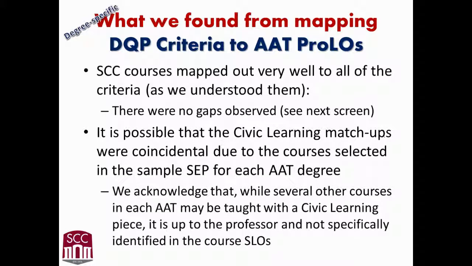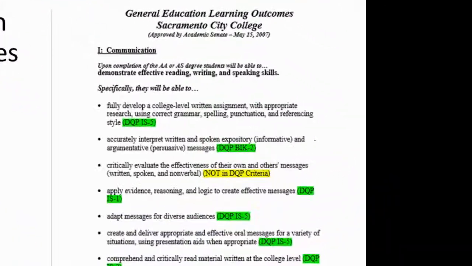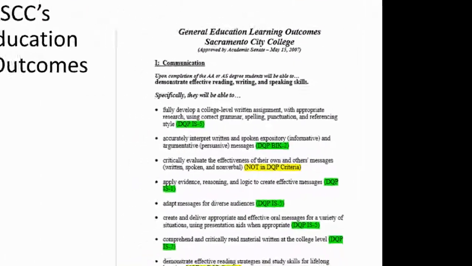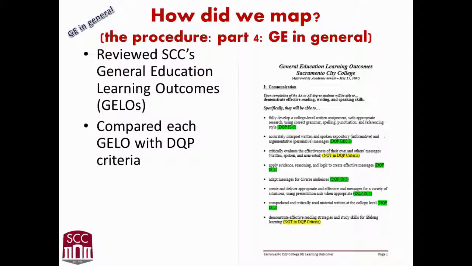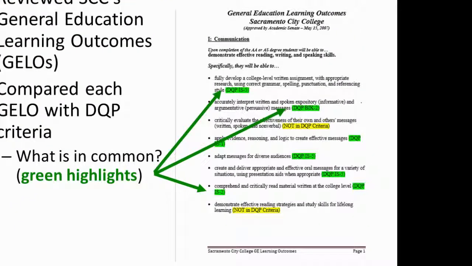However, we do want to point out that several of our courses in our AATs are taught with a civic learning piece, but it's up to the professor and is not specifically identified in the course SLOs. So now let's go the other way around, how we mapped from the outside in. First, we reviewed SCC's JELOs, our General Education Learning Outcomes. Then we compared each of the JELOs with the DQP criteria, and we found out what we had in common,